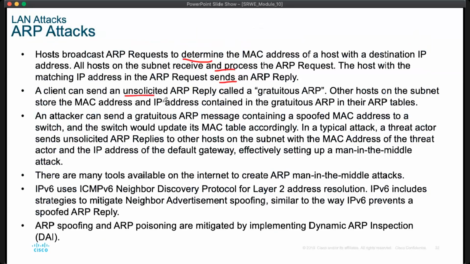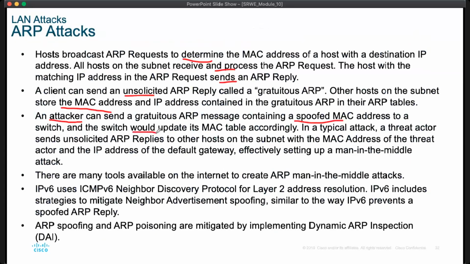Other hosts on the subnet store the MAC address and IP address contained in the gratuitous ARP in their ARP table. An attacker can send a gratuitous ARP message containing a spoofed MAC address to a switch, and the switch will update its